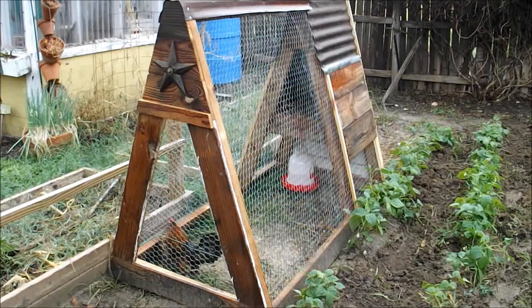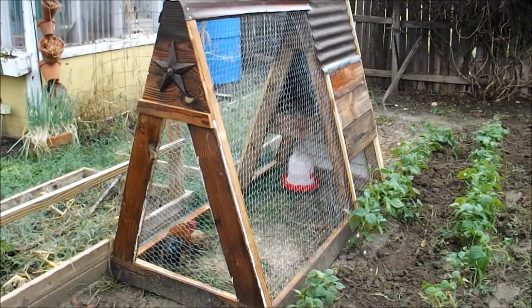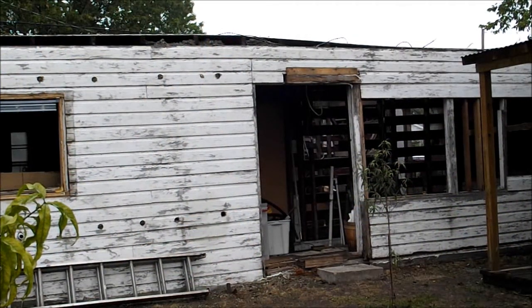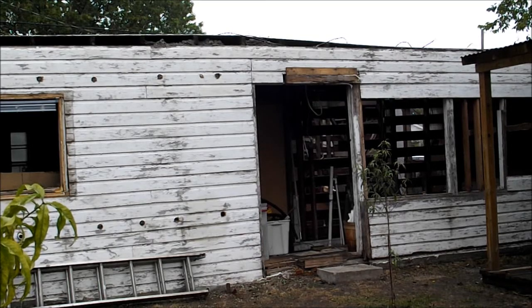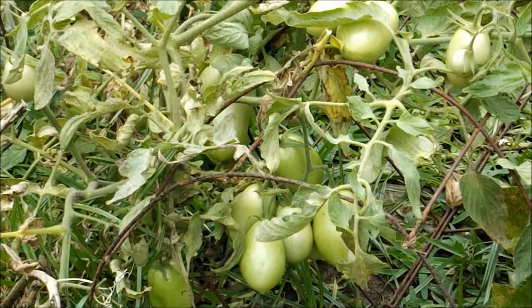Hello everybody. I thought I'd do a quick update for you on a chicken tractor that I've built for my bantams. What makes that tractor neat to me is it didn't cost me anything. And I've been getting projects done with all the scrap wood. I'm saving everything I can save. These are Roma